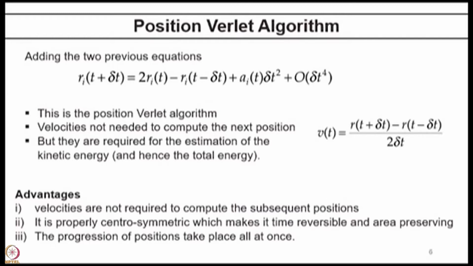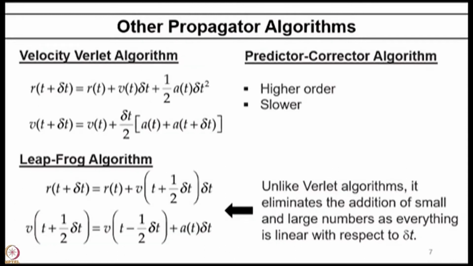But the advantage is that I don't have to store the velocity immediately, and so I don't need it. So that has certain simplification. Then there is the velocity Verlet algorithm. This is a very clever way of doing things, where you now propagate both position and the velocity,